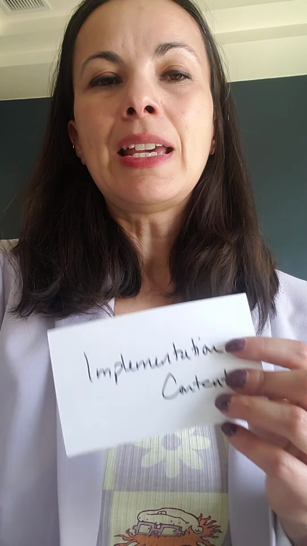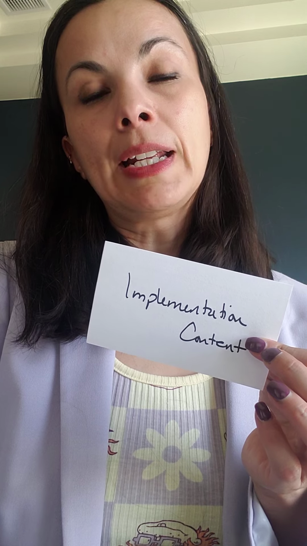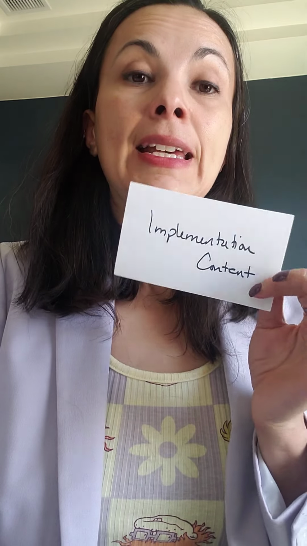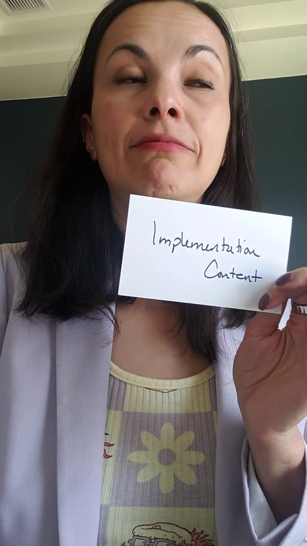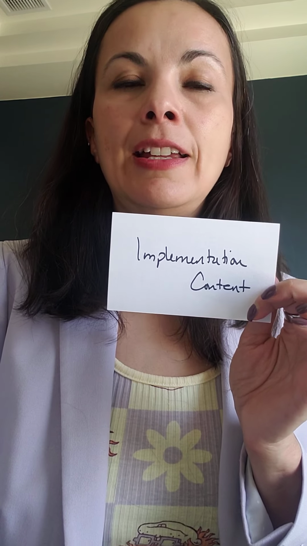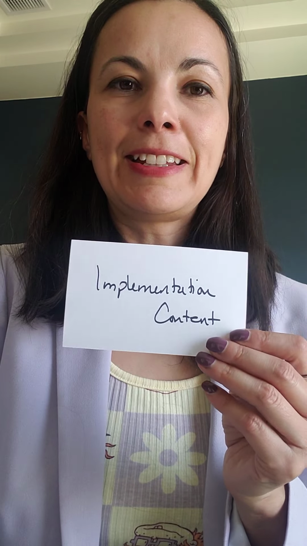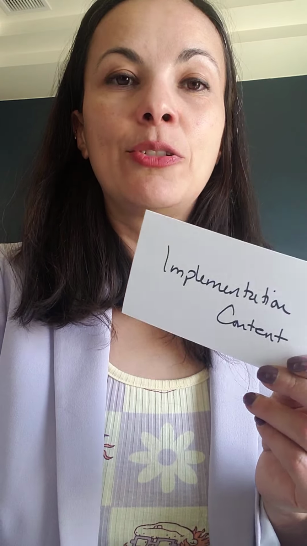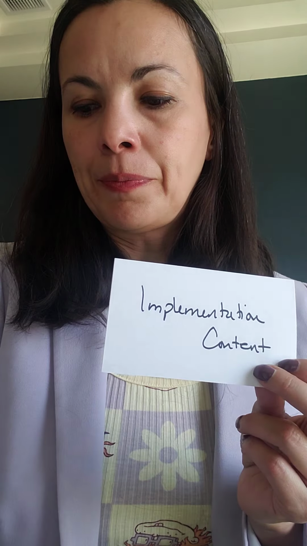So the implementation is basically your action programs, from a regular marketing plan standpoint. So you're just saying, this is what I'm going to do in order to implement everything that I said that I was going to do. So now you have to say, this is the next action step, and you will do it, because that keeps you honest, and it ties you to that action, because you have to do it in order to see if it works or not. So this is super, super important.